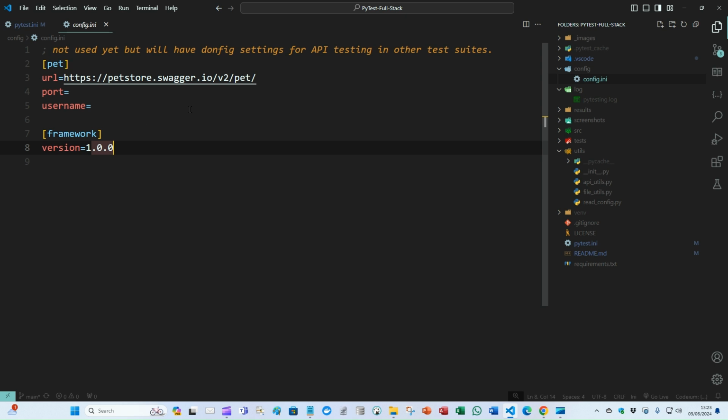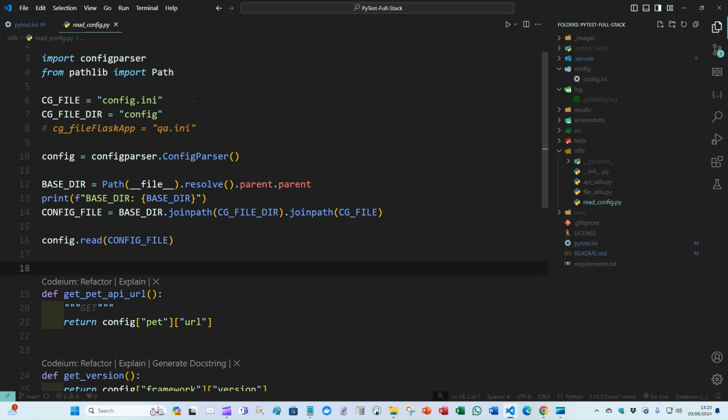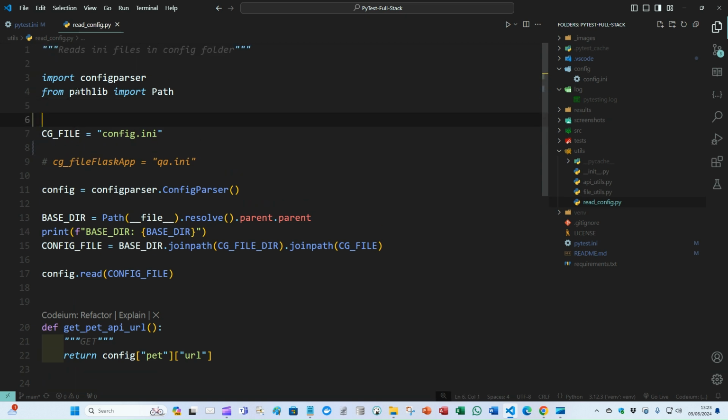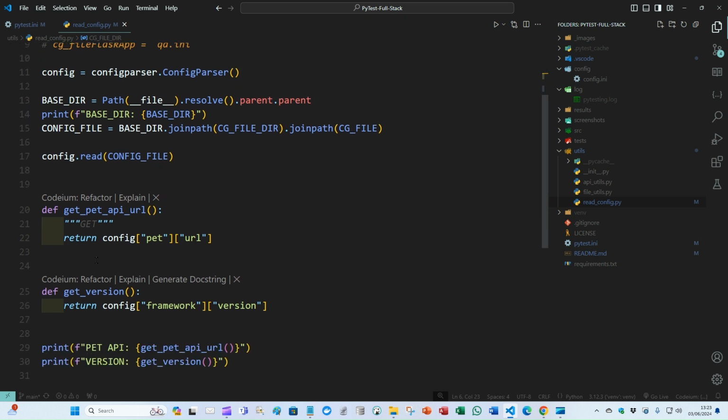If we want to read that in programmatically, we go to the read_config.py file. The code is here. We set the file, the directory. And in fact, what I'm going to do is move that up top here. We set up a config parser. This is sort of standard Python reading .ini files. Get the location of the config using the path object, read it, and we've got a couple of functions here